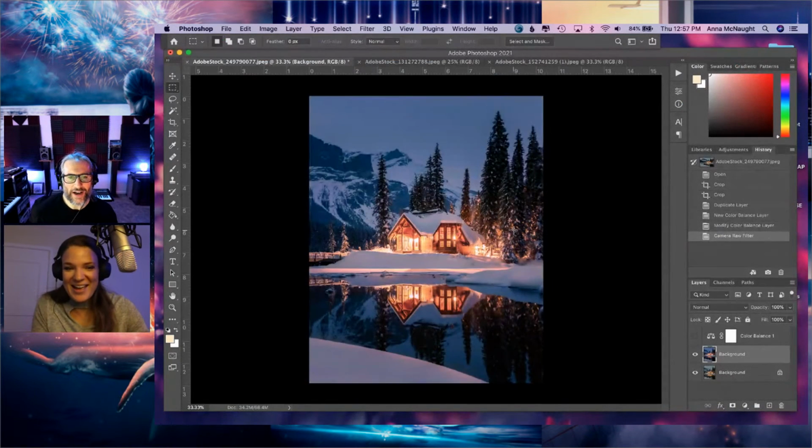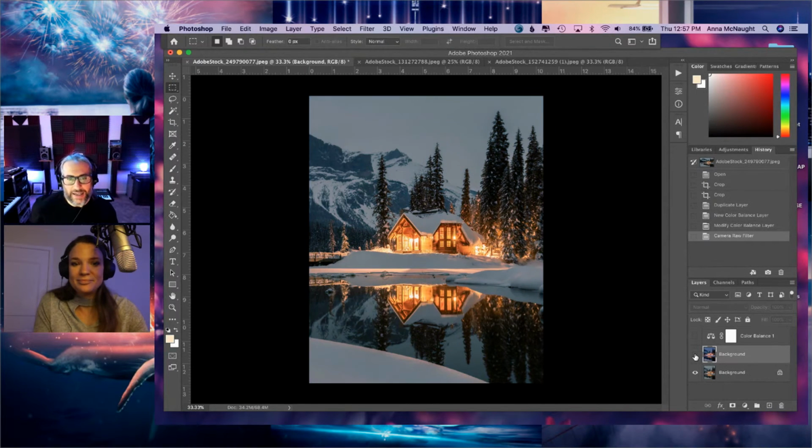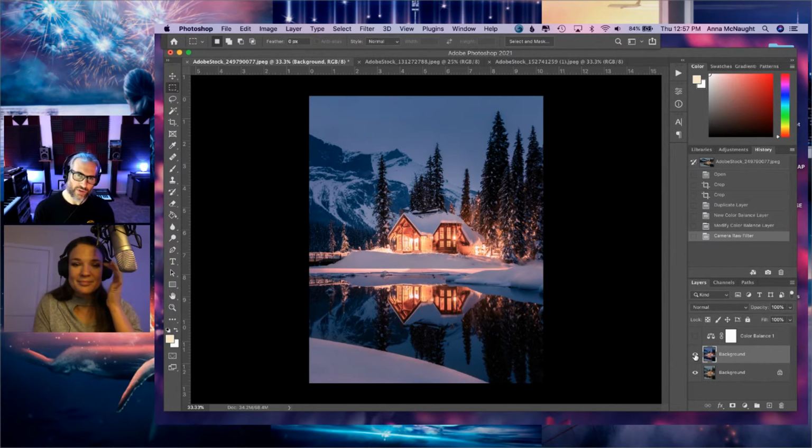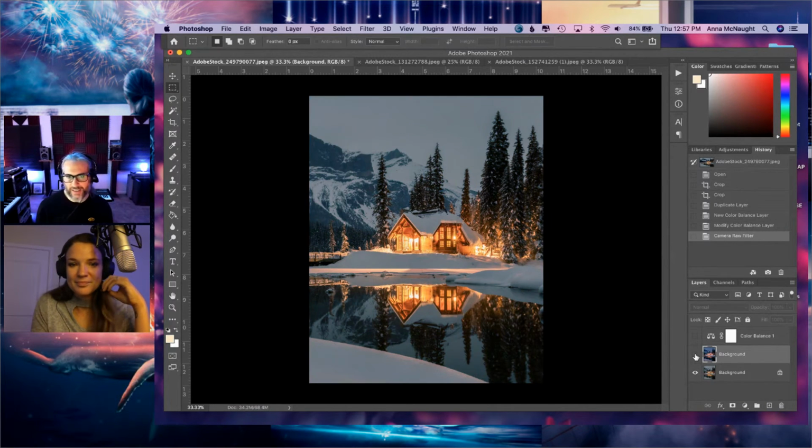So that's looking pretty good. I'm going to click OK. Oh, wow. Look at the difference there. That's just with a little bit of camera raw editing. Again, just a fundamental difference, and yet preserving the essence of the light in the house. You preserved a lot of what was already there, but you completely changed the mood.